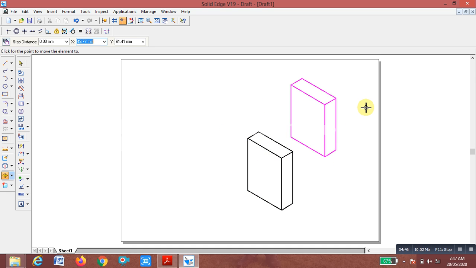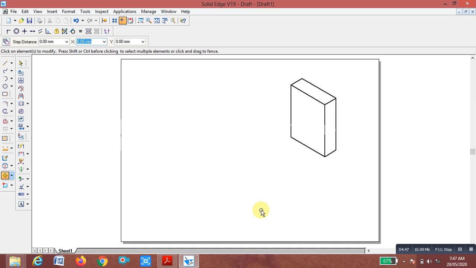Similarly we are going to draw the second solid of height 15 mm, width 25 mm, and length 60 mm. Select the line command. Height 15, enter, 90, enter.